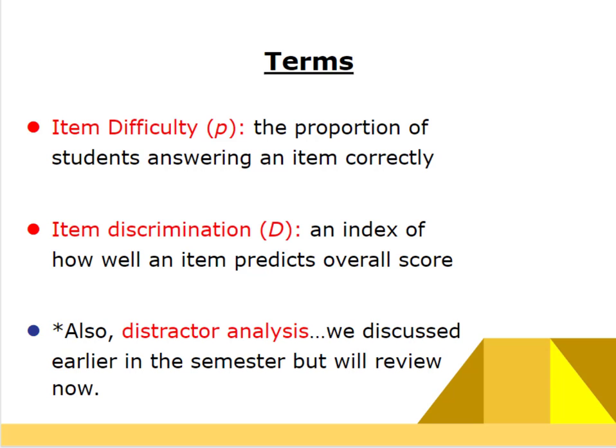I want to point out from the beginning that any of these calculations don't mean that that is a good question or a bad question. What it means is that if you get something that has a very low difficulty number or a negative discrimination number, and we're going to talk about what that means in a second, then you want to go ahead and pull the test and look at the question and review it